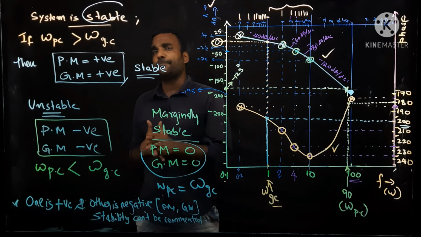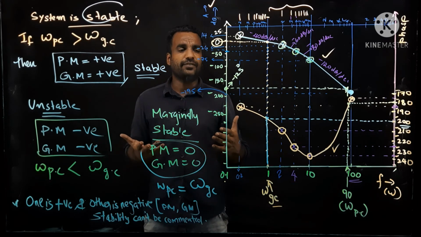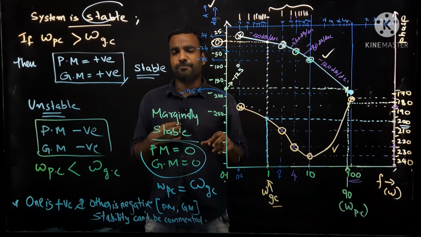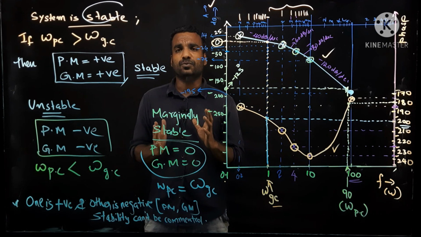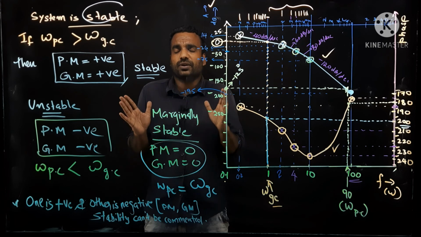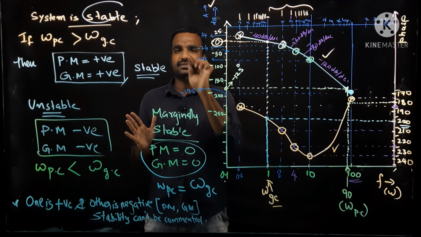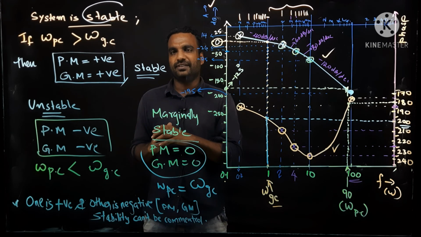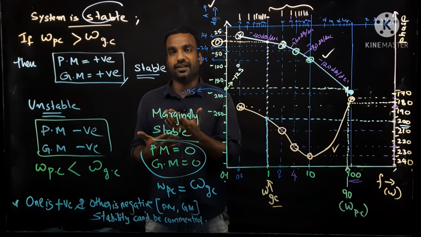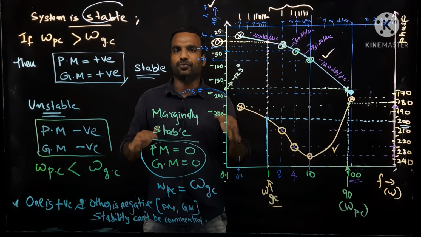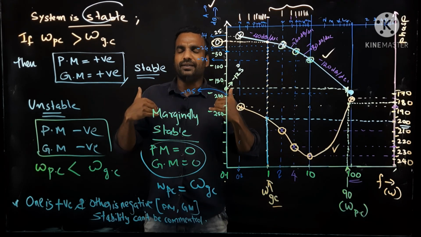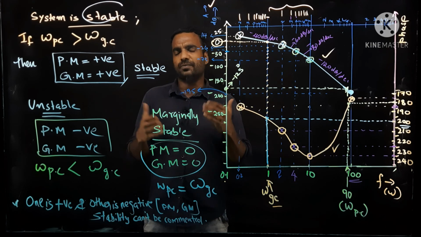Now in the next class I will move to a small problem where K is not given as 1, K is just given as K itself. Then you have to find the value of K for some particular condition, to make it stable or to make the gain margin high or low, like that.